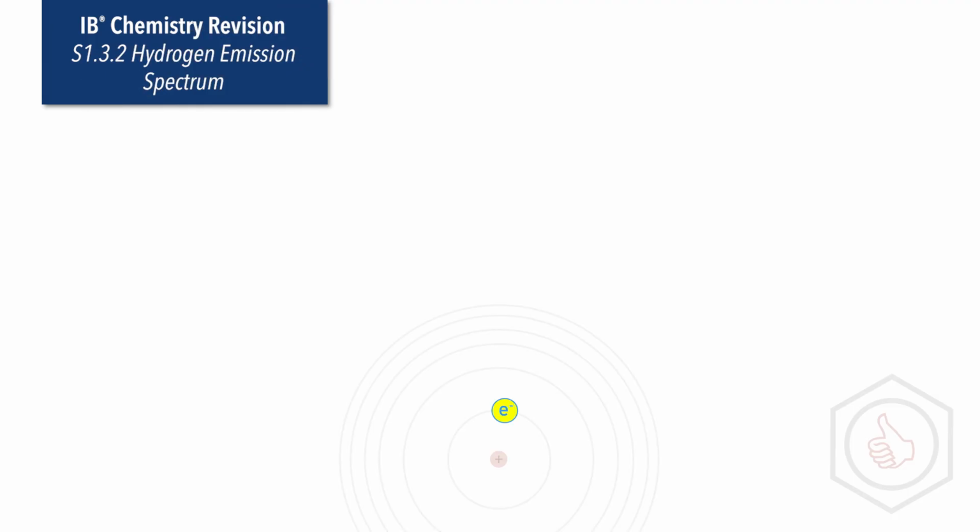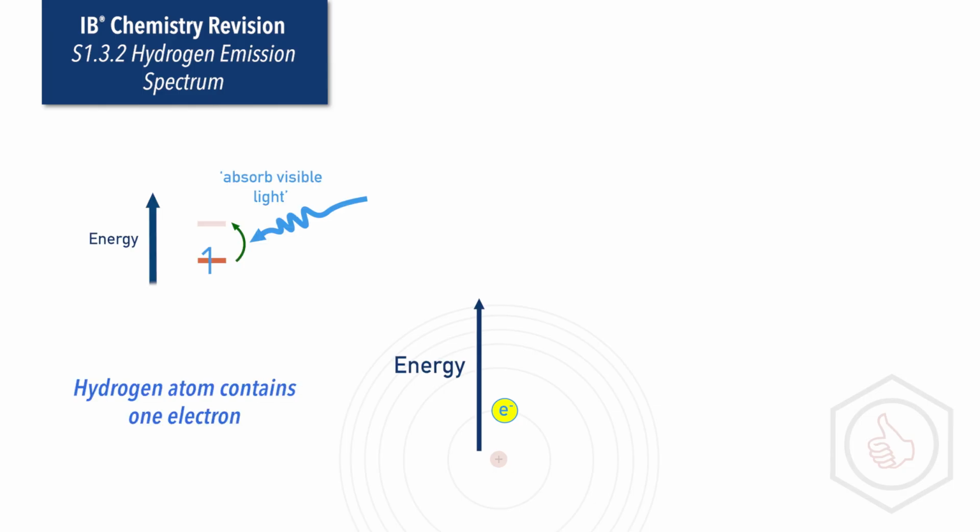A hydrogen atom contains only one electron. This electron can absorb energy and become excited to a higher energy level. When the electron falls back down to a lower energy level, however, it emits a photon of light of a particular wavelength. The energy of this photon corresponds exactly to the difference in energy between the higher, excited energy level